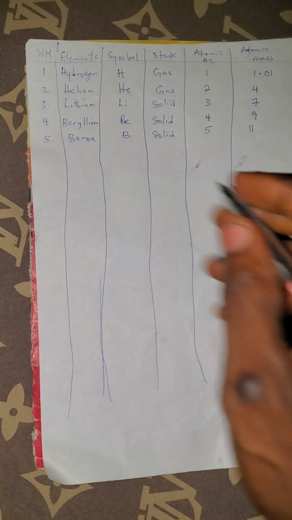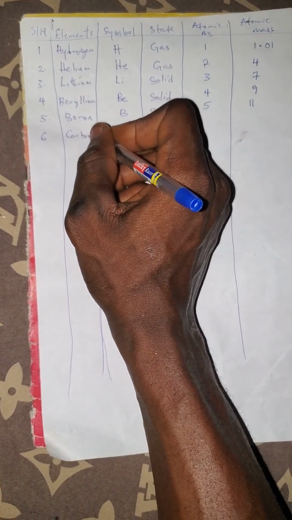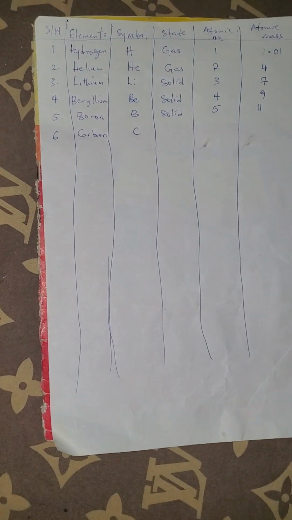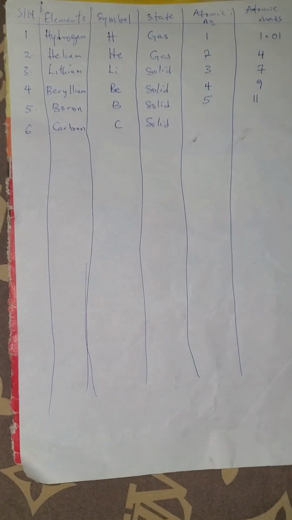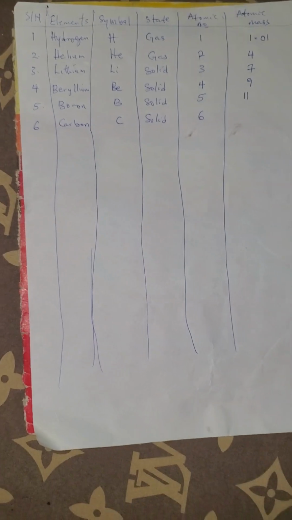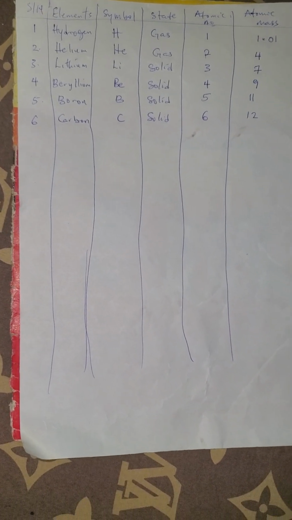We also have number 6 to be carbon. Carbon, the symbol is C. It is also solid in state, and at the same time, the atomic number is 6, but the atomic mass is also 12. But carbon can undergo